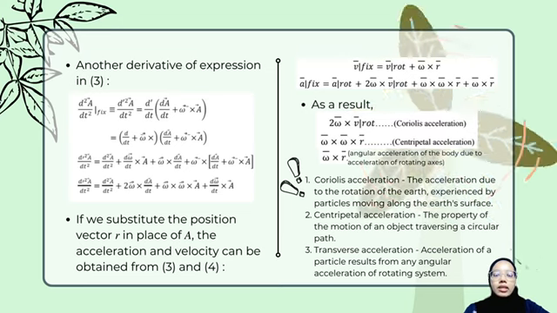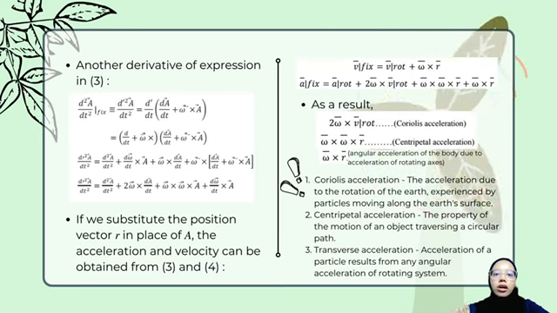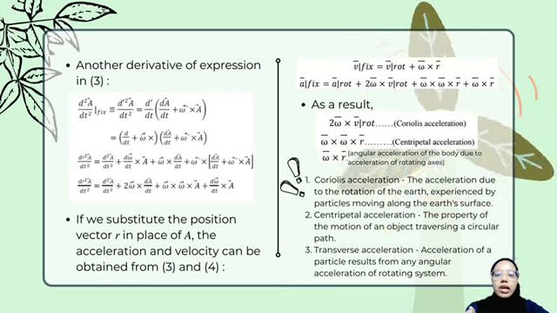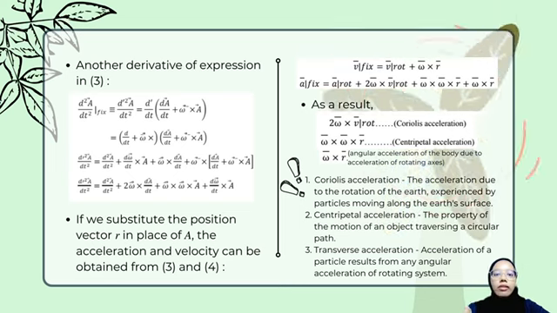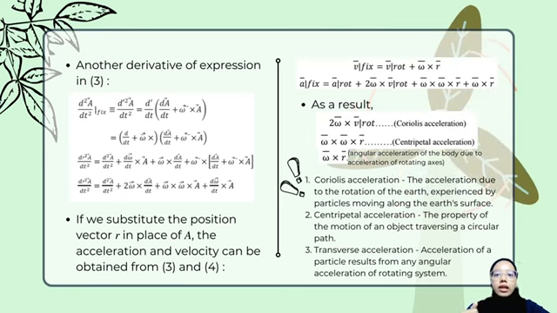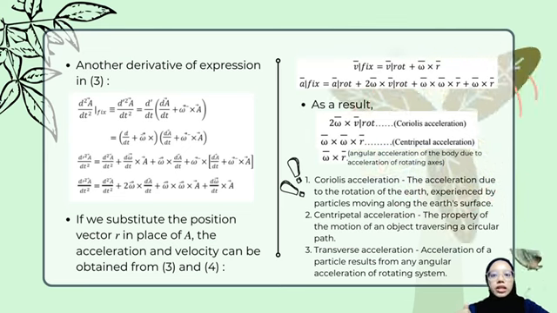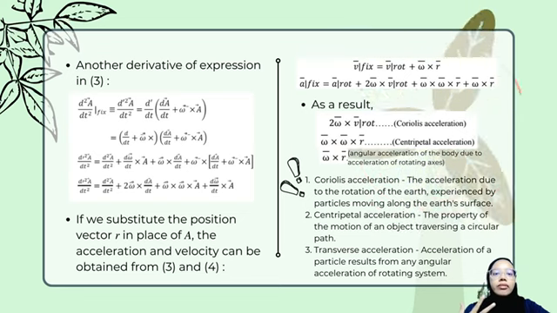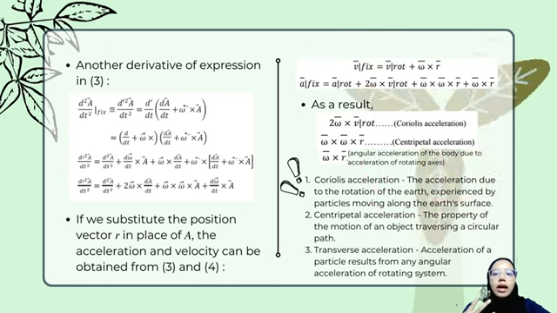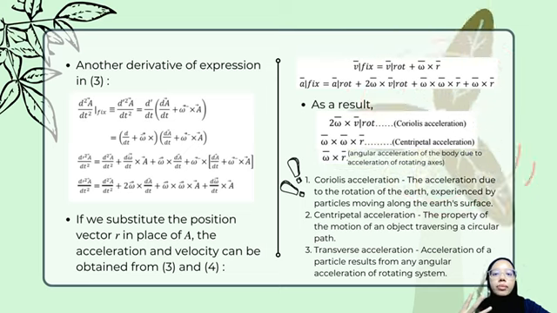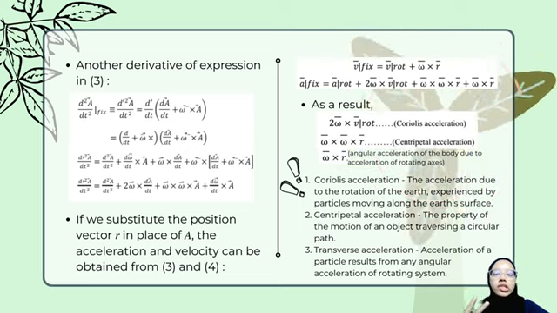And just for our knowledge, the definition of Coriolis acceleration is the acceleration due to the rotation of the earth experienced by particles, water parcels for example, moving along the earth's surface. The second one, centripetal acceleration, is defined as the property of the motion of an object traversing a circular path. And the last one is transverse acceleration of a particle resulting from any angular acceleration of the rotating